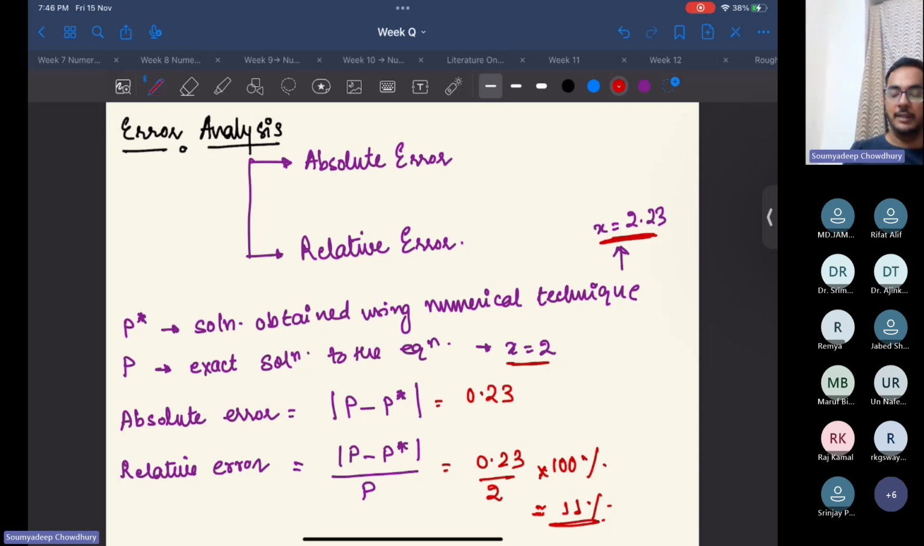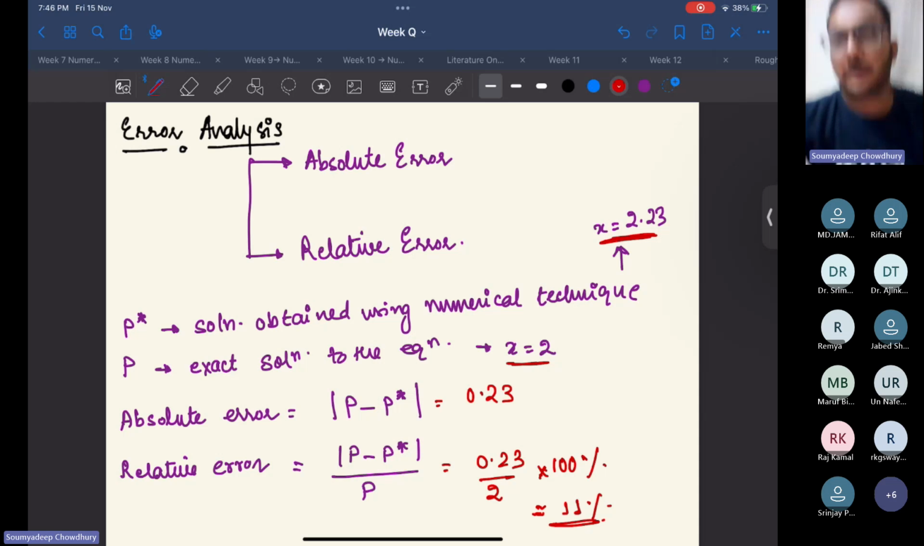So you can understand here that the absolute error does not give you a perfect picture of whether your solution is accurate or not. It is the relative error. Obviously, every time we should find the relative error, because the relative error actually compares your error